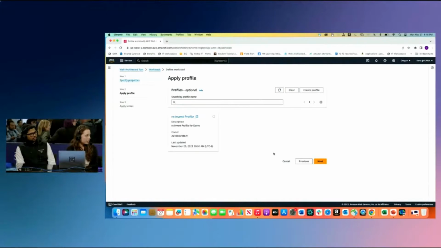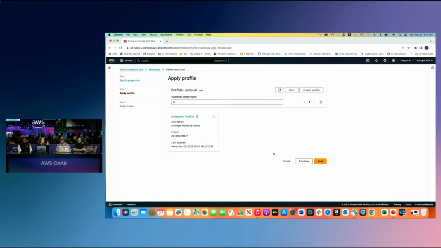So Profiles is something that we launched to help customers actually tell us a little bit more about their business context and what's important to them when they're doing a well-architected review. And so if you actually create a profile, we ask you questions like, where are you in your cloud architecture journey? What's most important to you? And if you apply the profile to your well-architected review, we prioritize a list of questions that you can actually start with so that you're aligned to how you're actually answering the well-architected questions.